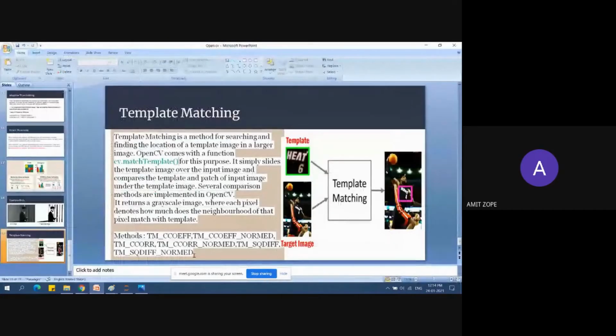So for square difference and square difference norm, the minimum values are taken, and for coeff, coeff norm, and the correlation and its norm, the best result is the maximum value. Now I will be using the coeff norm method.